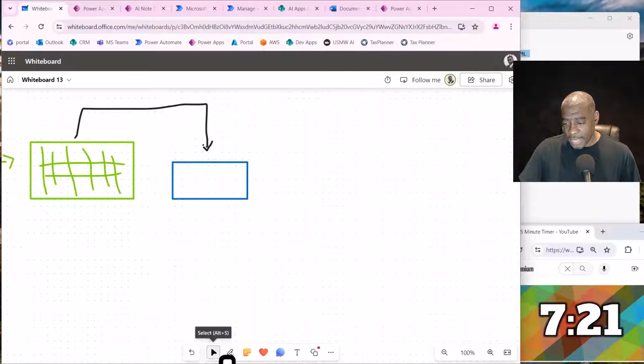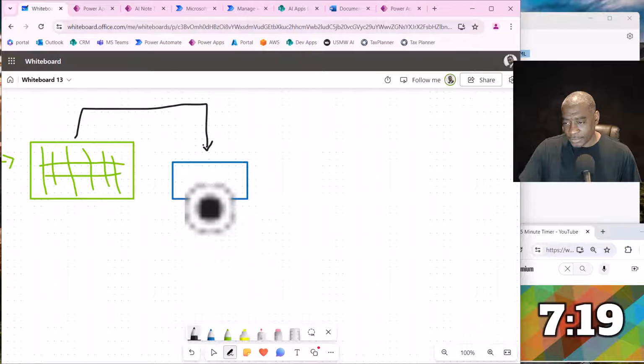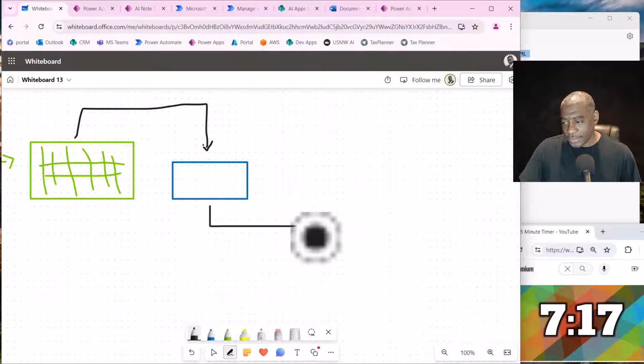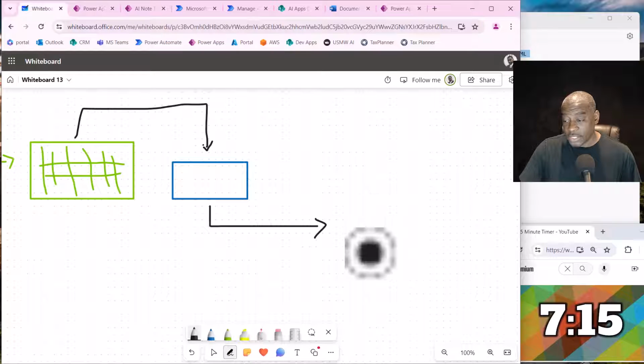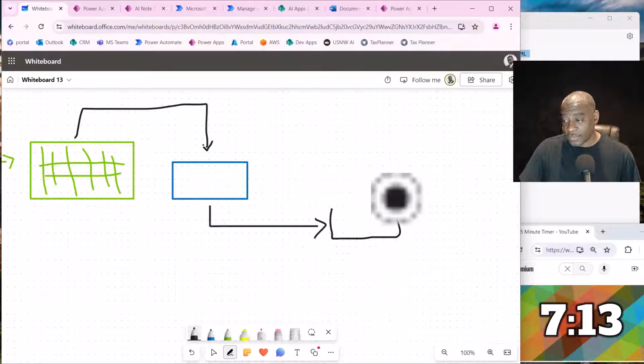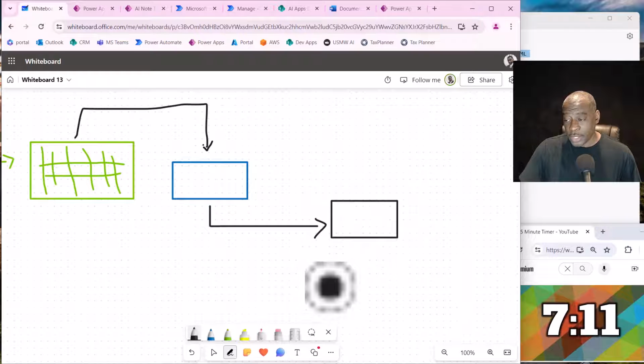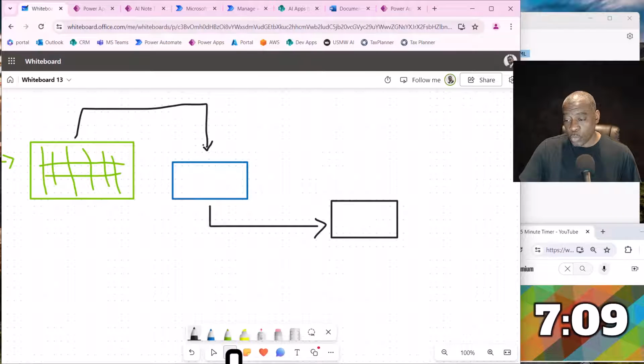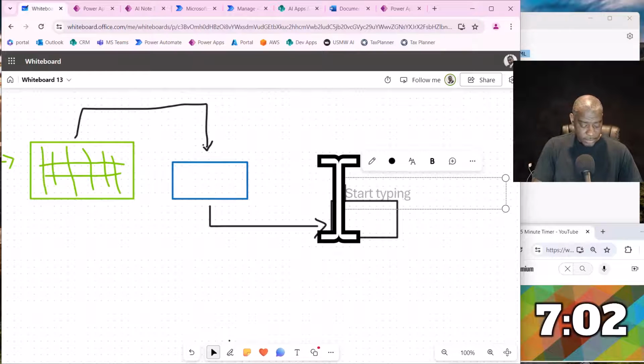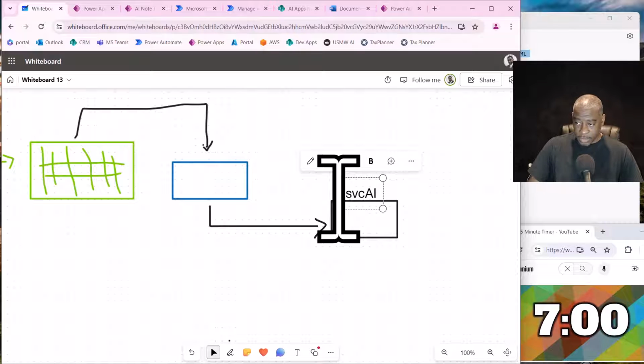I call this to the AI. Now watch what breaks down here. I'm calling the AI, and there's an HTTP. I'm actually calling a subflow. I have a subflow that does all my AI calls. This subflow is important. Why? Because two things. To call this AI, call this service AI or get AI response,